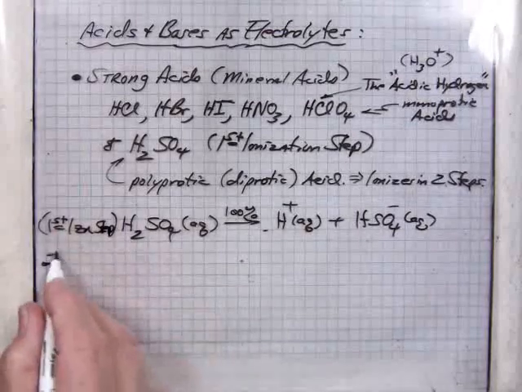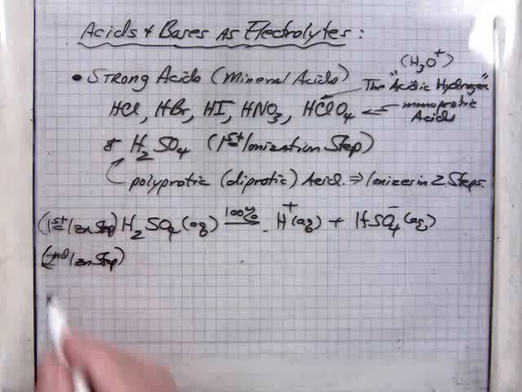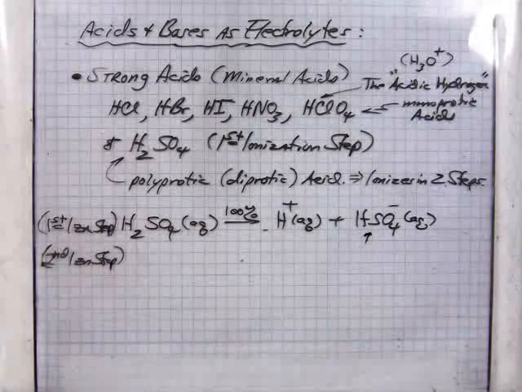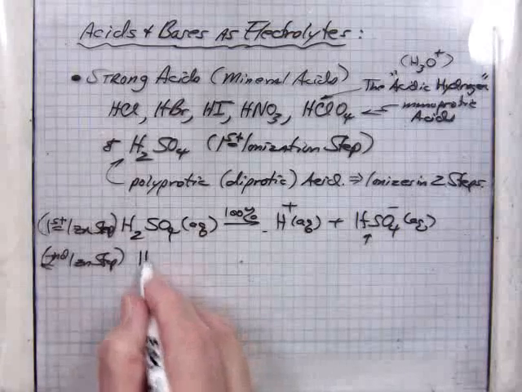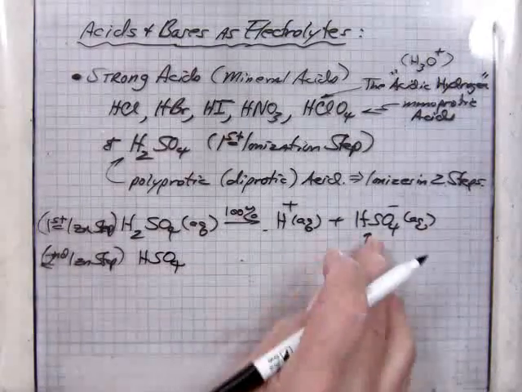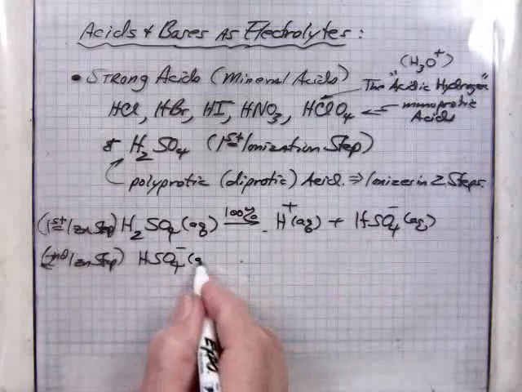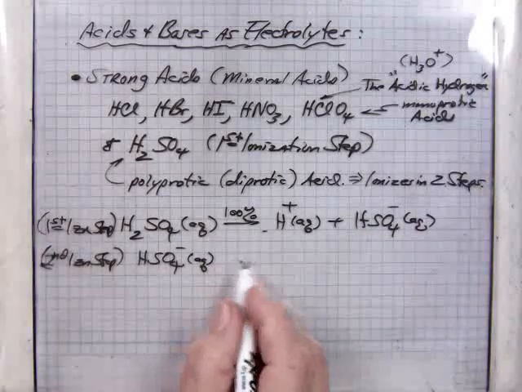The second ionization step is the ionization of the bisulfate, HSO4 minus. It is not a strong acid. It does not ionize 100% and is in itself a weak acid, which we'll talk about in a minute. So HSO4 minus in aqueous medium, and we can leave out the water because it's part of the process, but we'll talk about that in the theories,